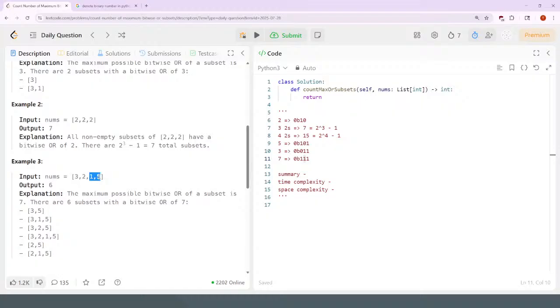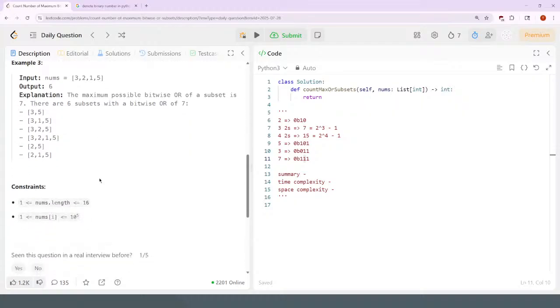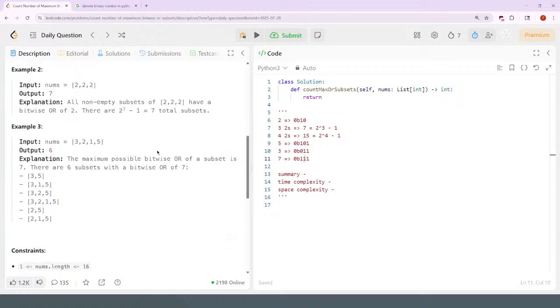How would I consistently say that based on the 5 being there? I wonder if I can, so for each bit,